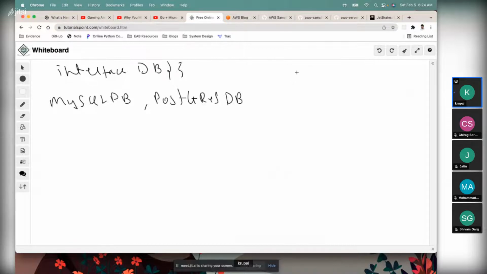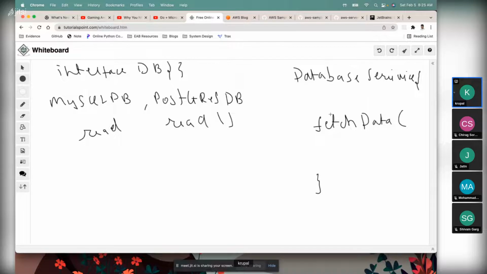Let's say we have a class called database service, right? This database service class basically implements some service methods. Now, let's say in this database service class, you had a method called fetch data, right? This fetch data method needs a database object to actually go ahead and call the read method, because these classes are going to have the read method in them, right? So fetch data is actually going to need an object of these two classes, right? So let's say if I pass MySQL DB here, this means that your database service always depends on the MySQL database,